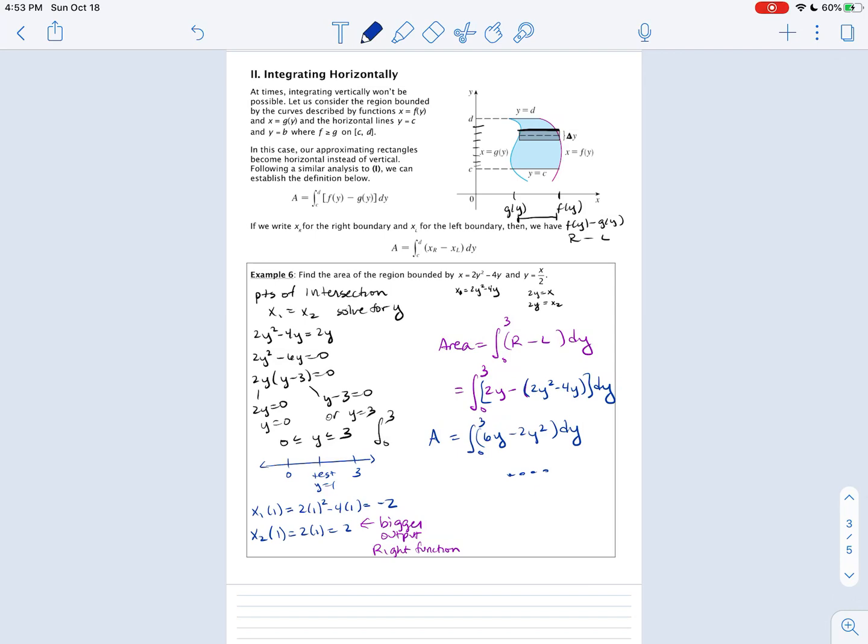If it is difficult when you build, it's always good to graph something so that you can see, if I do top minus bottom and do a scan, is it easy to find which function is on top and which function is on bottom. If it is the same function on the top and the same function on the bottom, consider integrating horizontally and doing right minus left. Okay, and that does it for